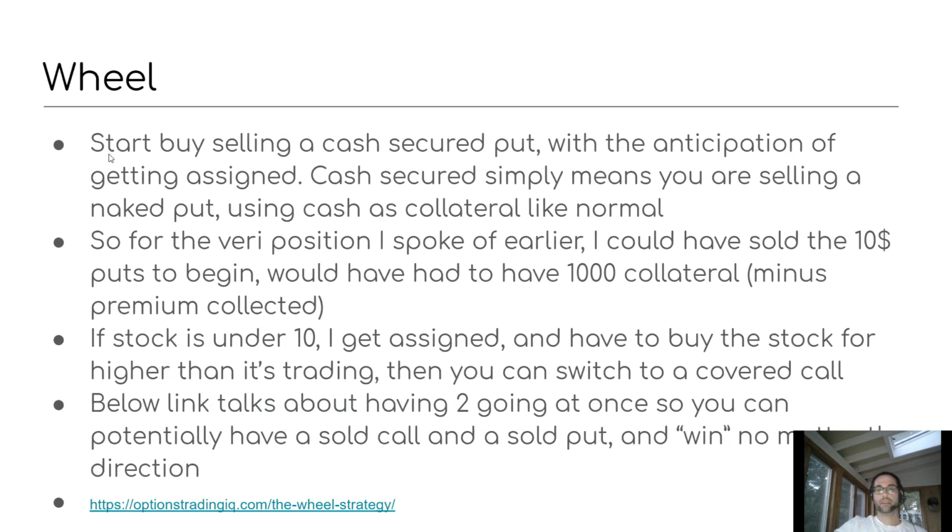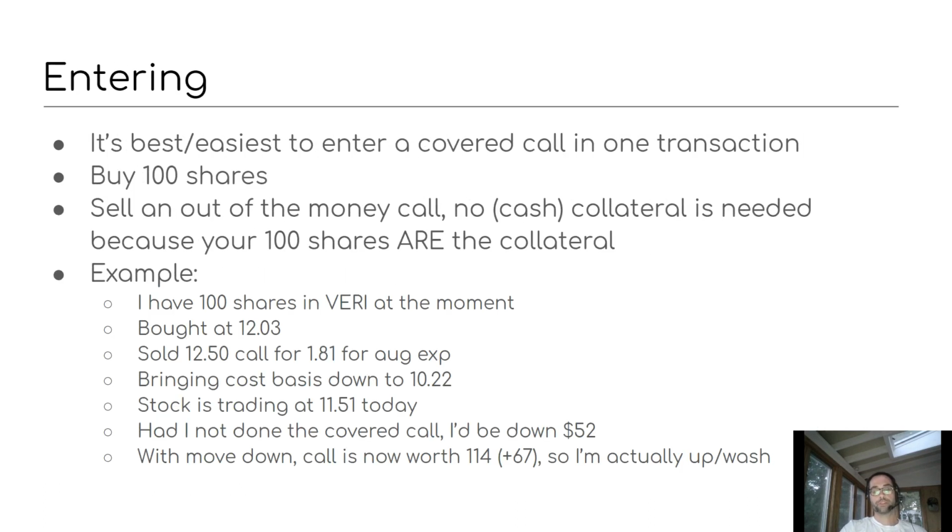Let's move on. So what is the wheel? The wheel is where you start off by selling a put, and that's a cash secured put, which means you have enough cash collateral in your account to buy those 100 shares of stock. And you're doing this with the anticipation that you're going to get assigned those shares. So in my very example, I bought it for $12.03 outright. It might have been better to sell the $10 puts, and then I would have only had to outlay $1,000 instead of $1,200 like I did. And then what happens there is if the put expires worthless,